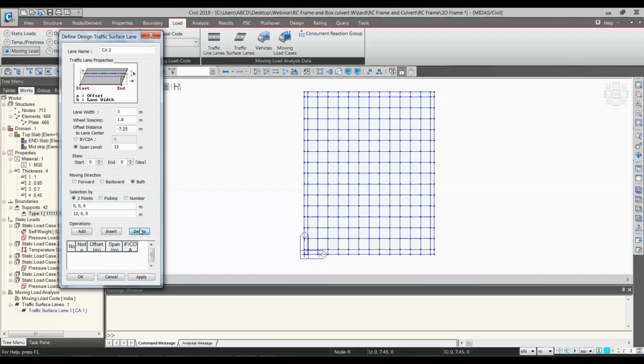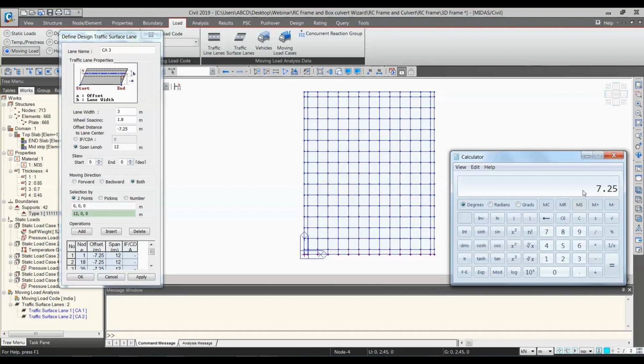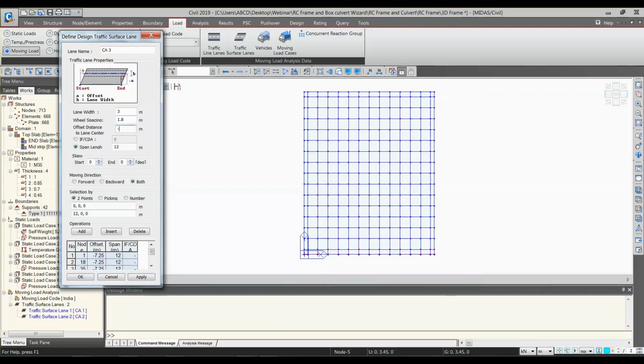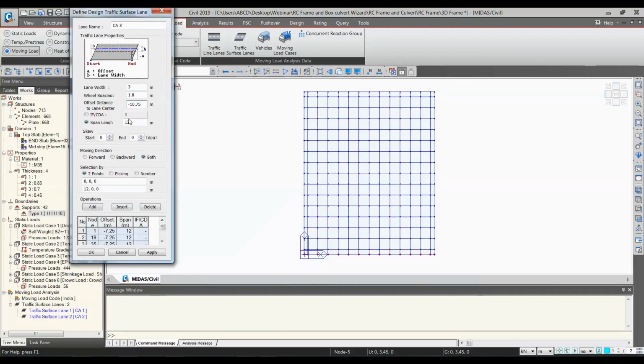I'll just delete the table and click from 1 to last node and apply. Now the last lane, class A 3: 7.25 plus 0.9 plus 0.25 plus clear distance 1.2 plus again 0.25 plus 0.9, so 10.75, minus 10.75.